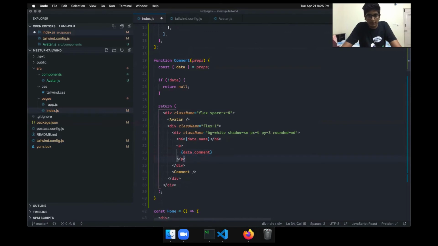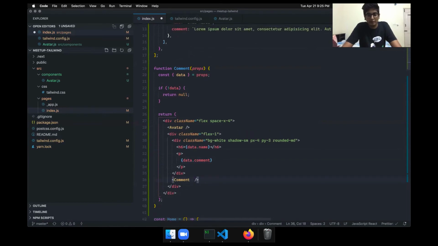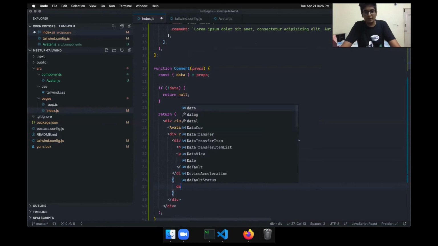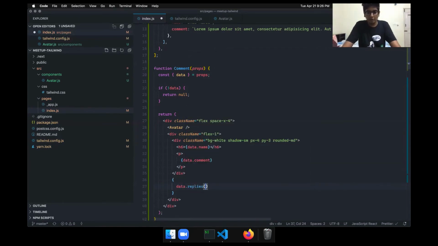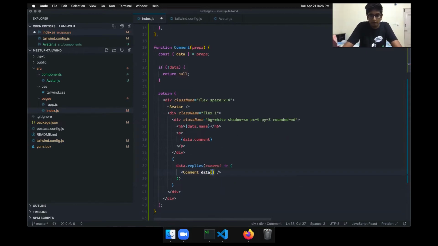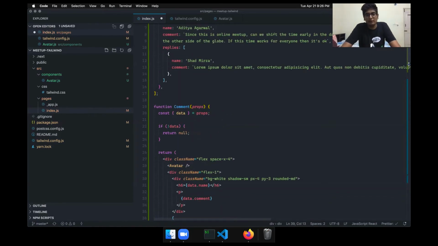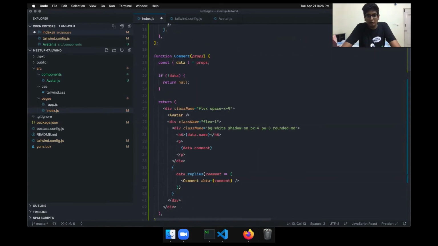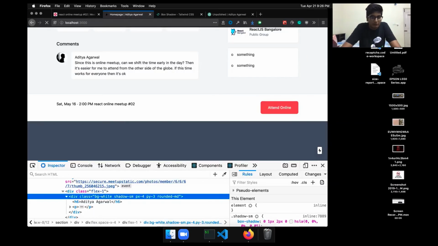And now that we have done that, sorry, we need to iterate. Now we'll iterate through the replies, so data.replies. This will be a comment, and here also it renders the component Comment. Yeah, so we have the replies, and this reply doesn't have any replies. Okay, let's hope it works.